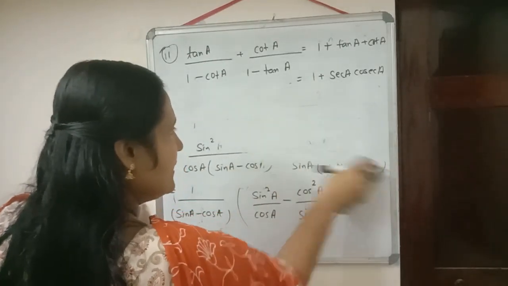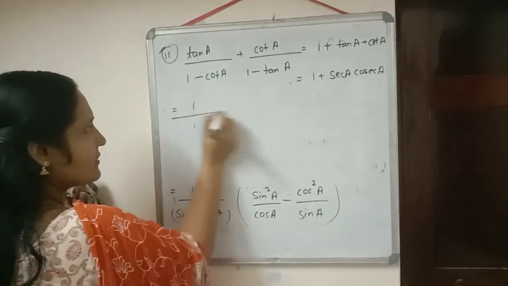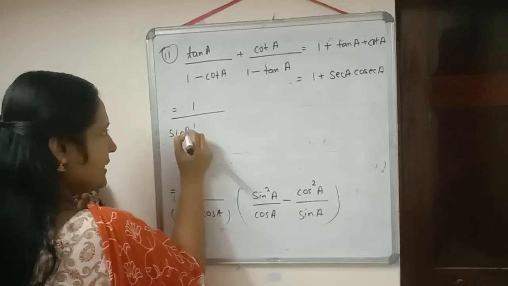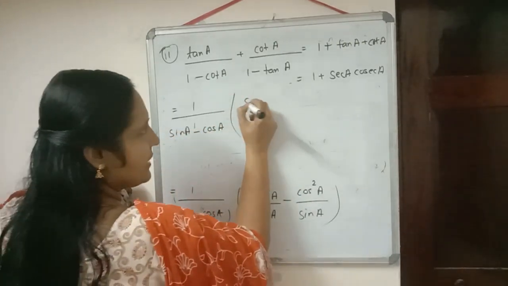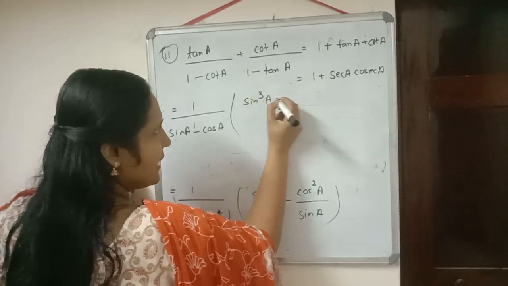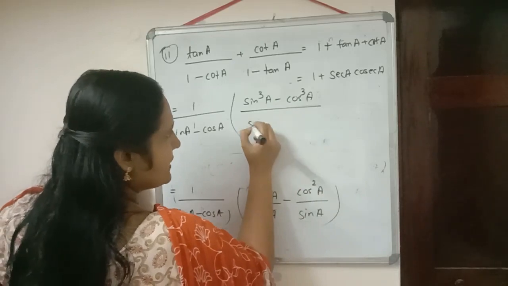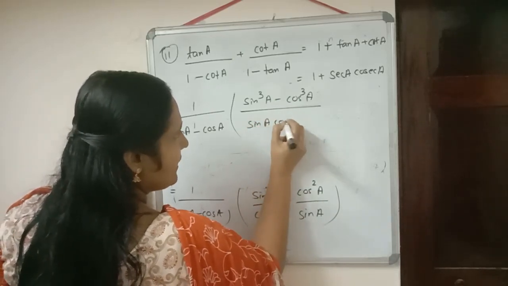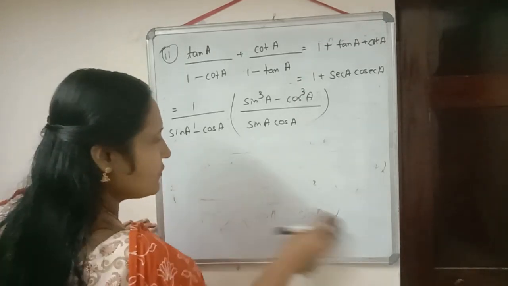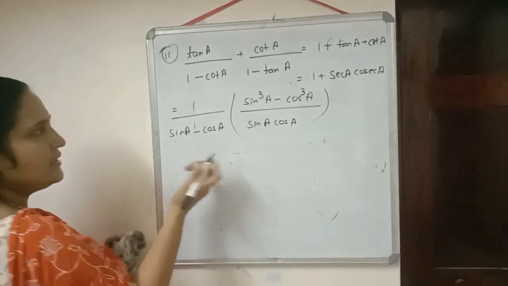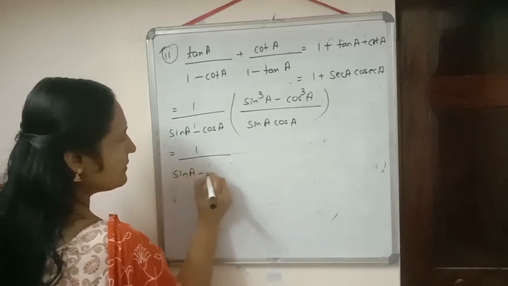Now all of you write down what we can do inside the bracket. Yes, we can do cross multiplication. Sin A minus cos A we will write as it is there. Then inside the bracket it will come sin cube A minus cos cube A by sin A into cos A. Now how we will simplify it? Afterwards what we should do now? Nothing. These two cannot be simplified. So we will write down as it is there.